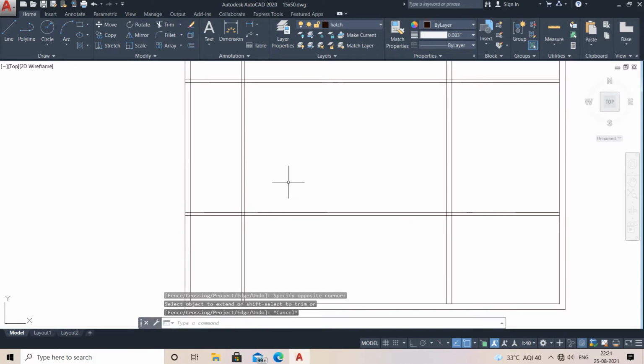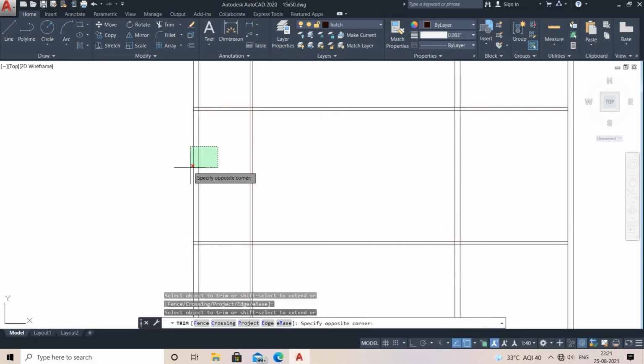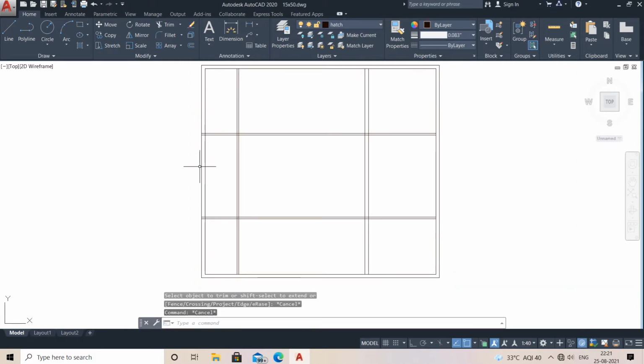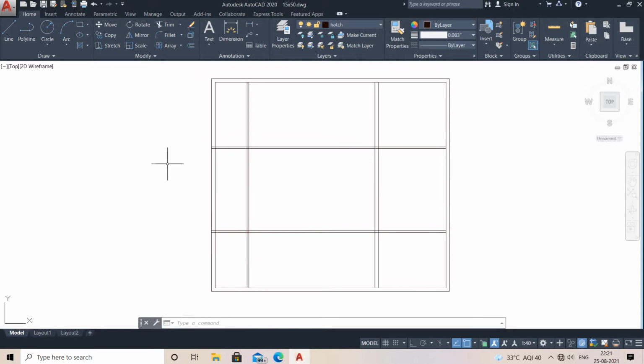So see, I'm just removing this part. Before removing this, I'm not going to remove this whole part, because I just want to place some of the windows like this. But I can't, because you do not have any right to place your windows on other property. If you want to place them, you have to leave at least 3 feet.